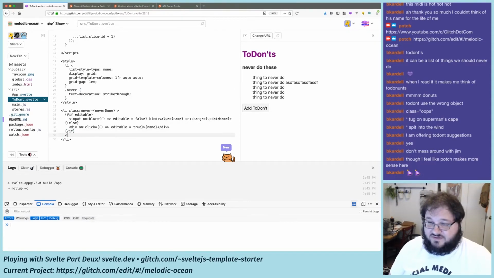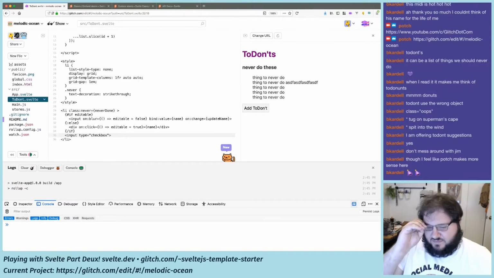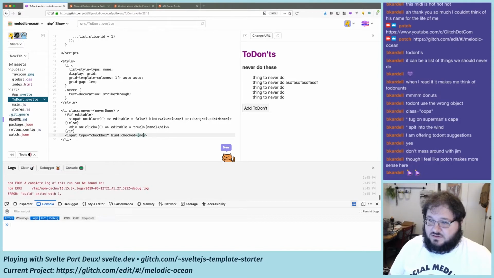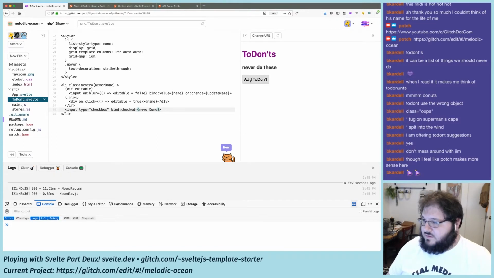So actually this first thing is going to be input type equals, and it's going to be whether it's done or not. So we're going to say input type checkbox, bind checked, never done. Is that correct? Yeah. So now it's got a checkbox at the end. If I check it,